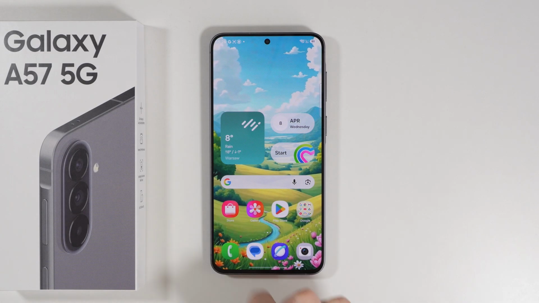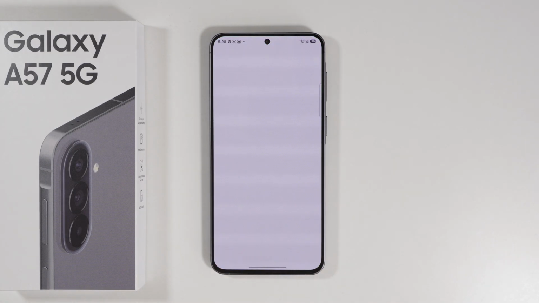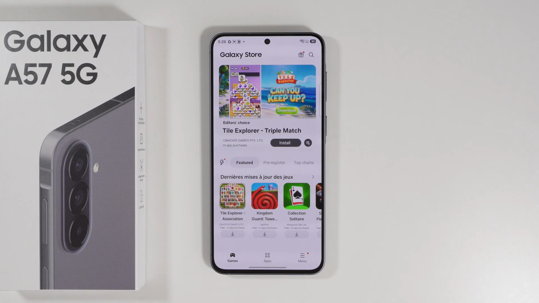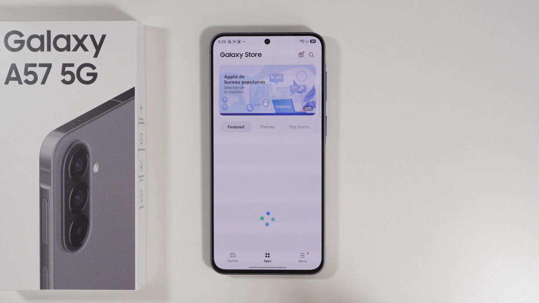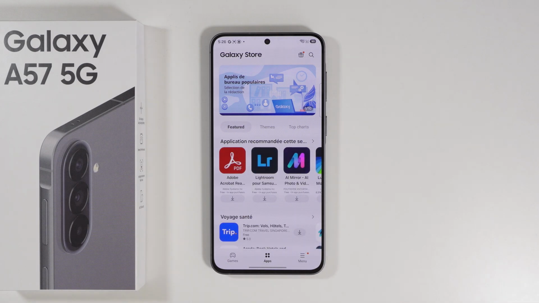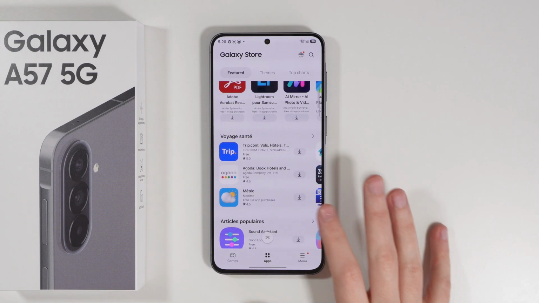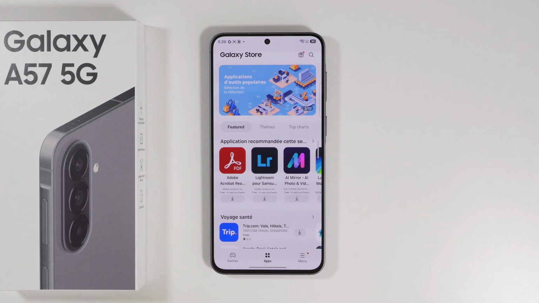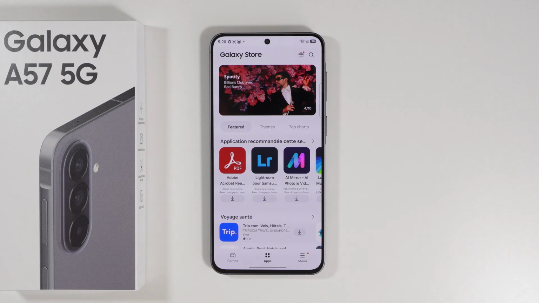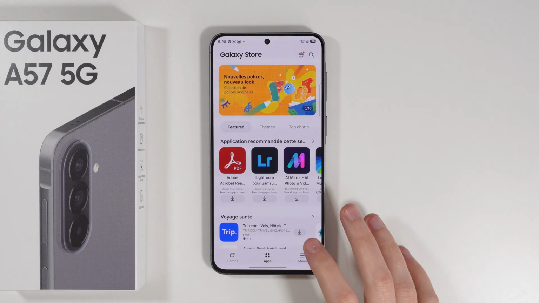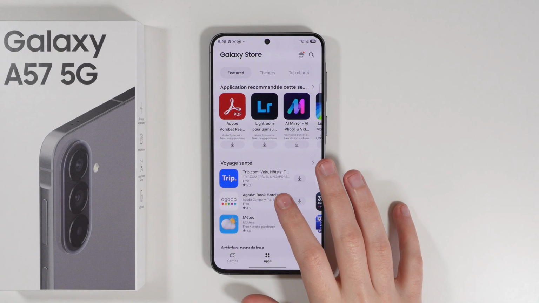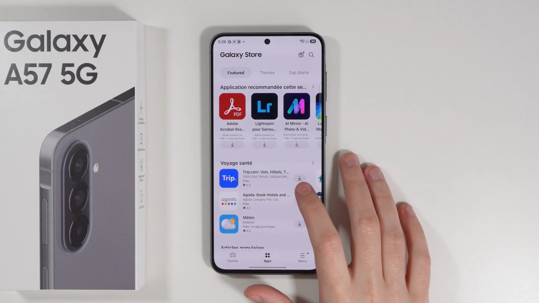Now, the second app is the Store app or Galaxy Store, and this is Samsung's app or Samsung Galaxy's app, I guess. In here, it works in a pretty similar way, although I believe the library with the list of apps that we have in here is much shorter. It's not as supported, but on the other hand, we can find some apps that are not available on the Play Store. So once you find anything that you want to download, you can either use the arrow over here